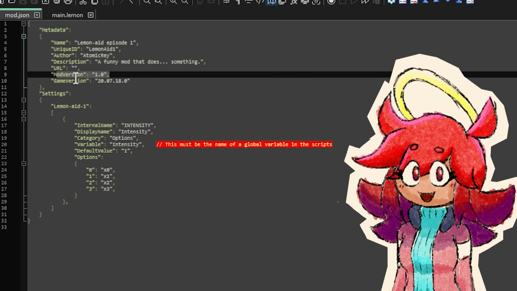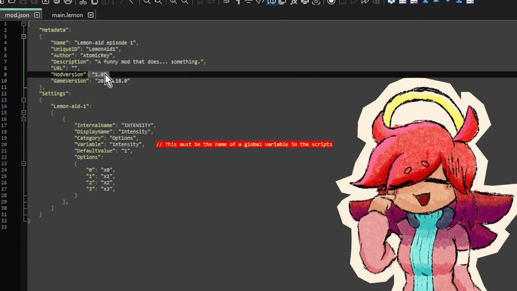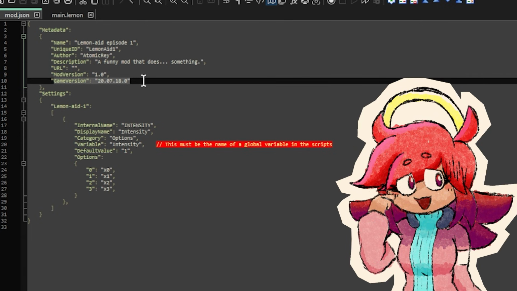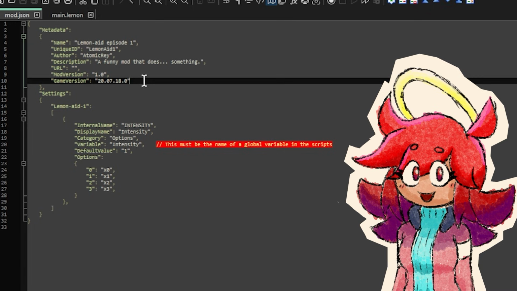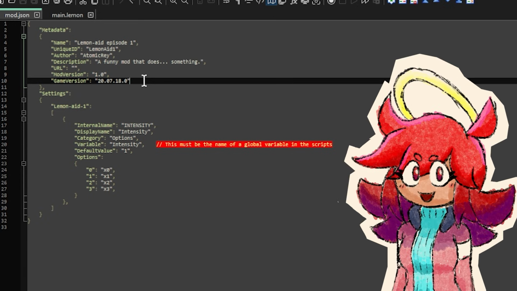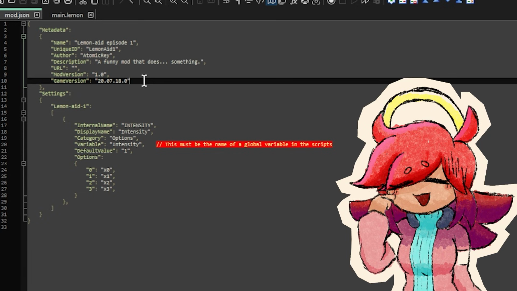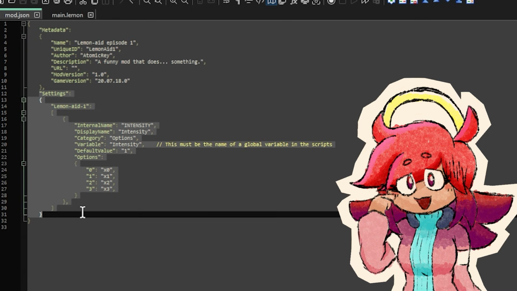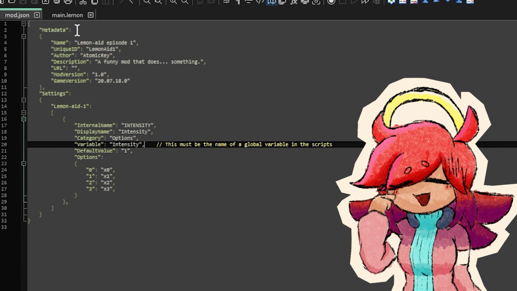Finally, for mod version and game version, mod version can be anything you want. It doesn't even need to be numbers, really. It can literally be letters and stuff. And the game version just has to match the earliest game version that your mod can run on. So, for example, if your mod uses features only seen in the test build, or in the 2023 version, then you're going to want to match the numbers on there. However, this game version is a bit of an older one, since this mod will basically work on any of them. We'll come back to the settings here later, but for now, let's move on to main.lemon, where we'll start